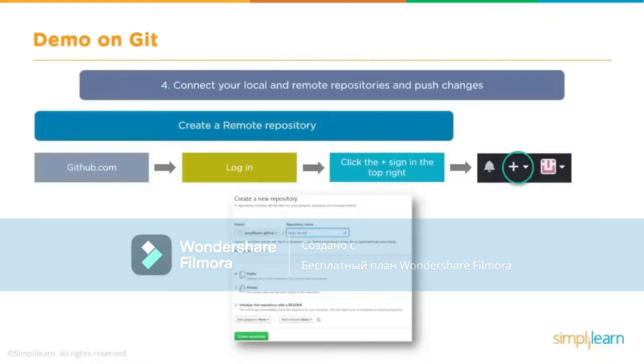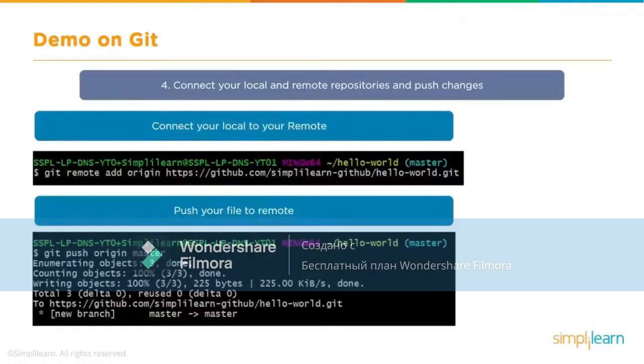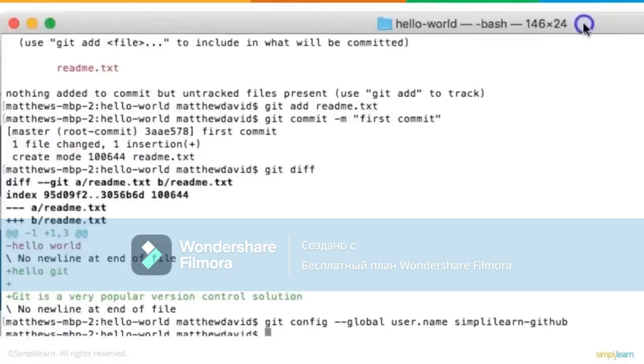Under the GitHub account, you can go ahead and create a new repository name. In this instance, we called the repository hello-world. What we want to do is connect the local account with the remote hello-world.git repository. We do that by using this command from git, which is our remote connection. So let's go ahead and type that in. Open this up so we can see the whole thing. So we're going to type in git remote add origin